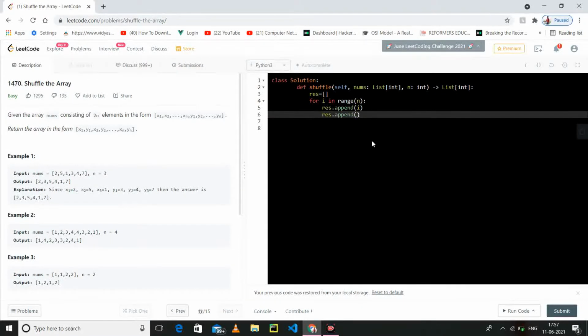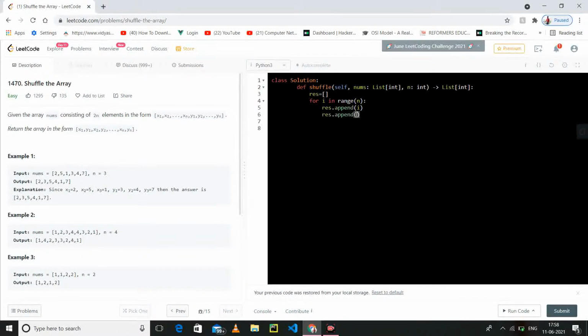And what will be our next element? The next element is 0 plus 3, meaning 0, 1, 2, 3. So this is our next element, because it is given that n is equal to 3. The first element is this, and when we add 3 to this index, our next element is this.